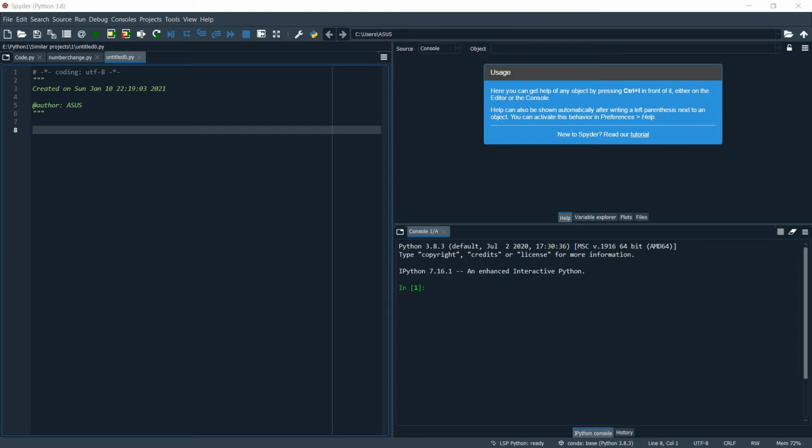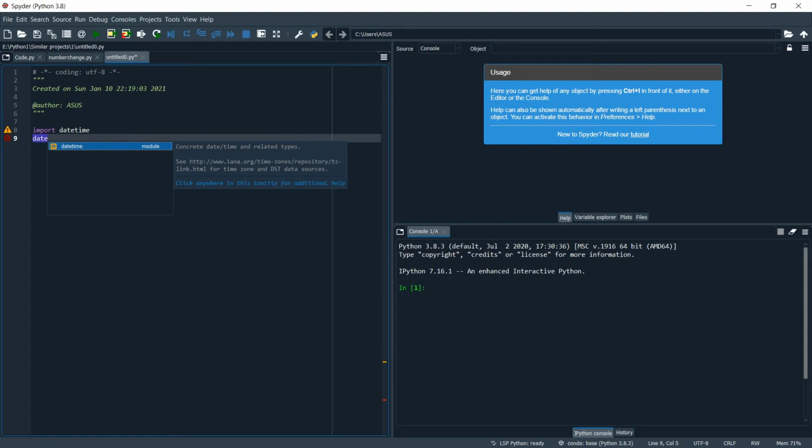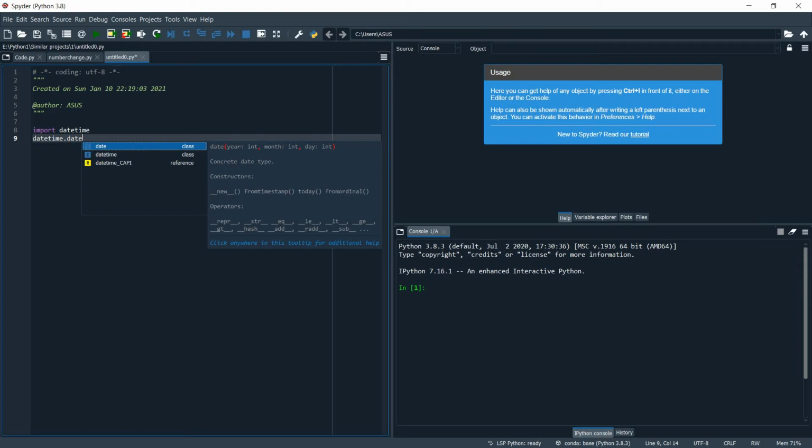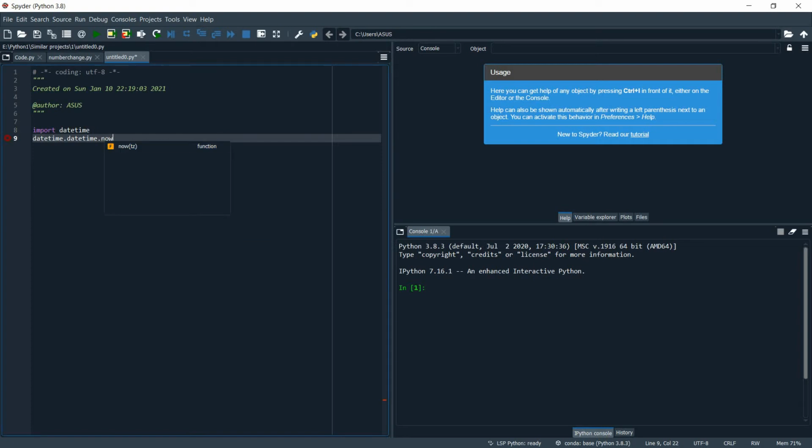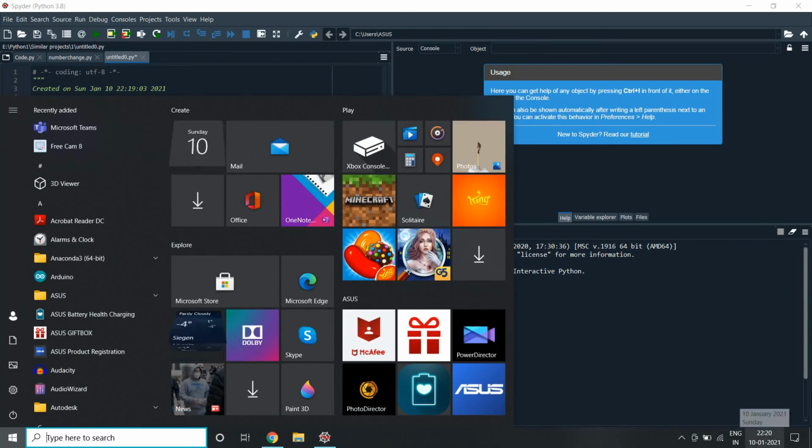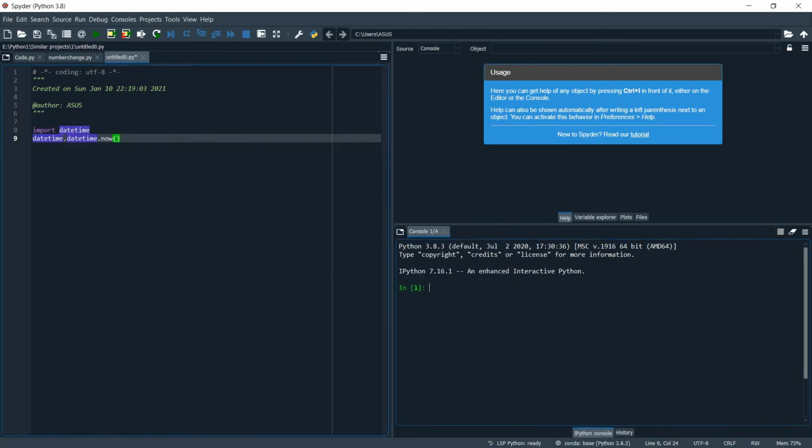So for that we will use the datetime module: import datetime, and then the function is datetime.datetime.now, and it will give us the time which is currently going on, and that is this time. So let's see,